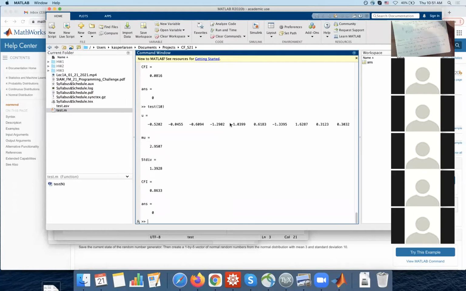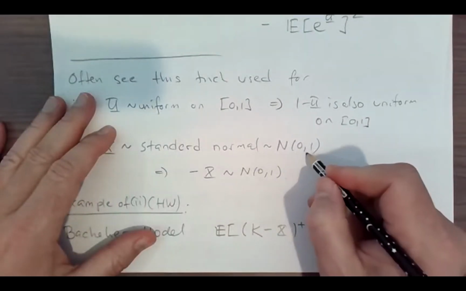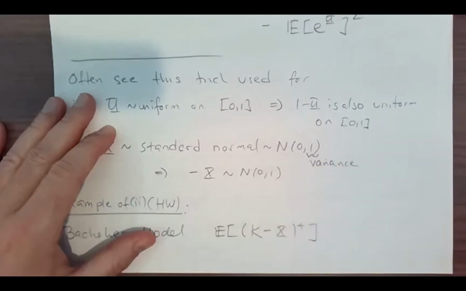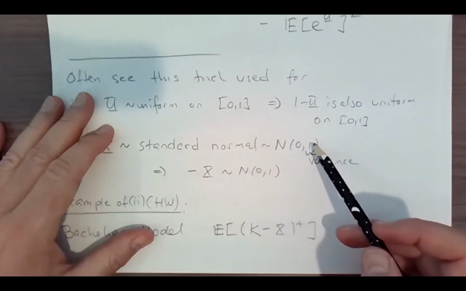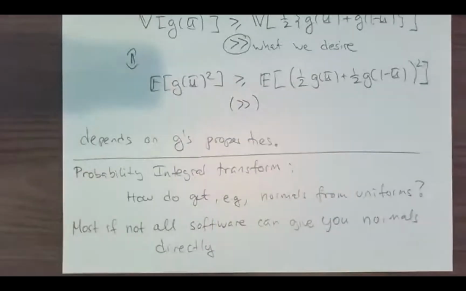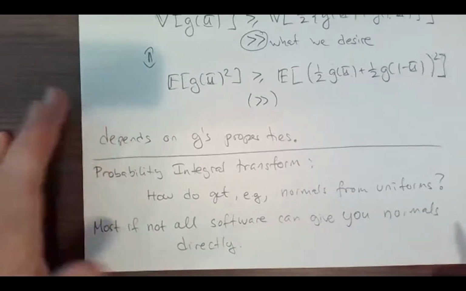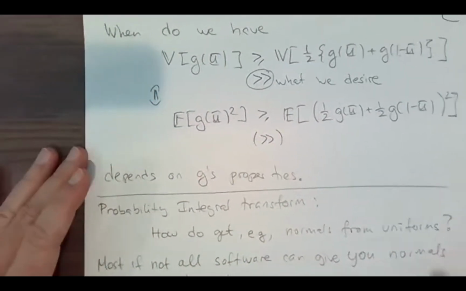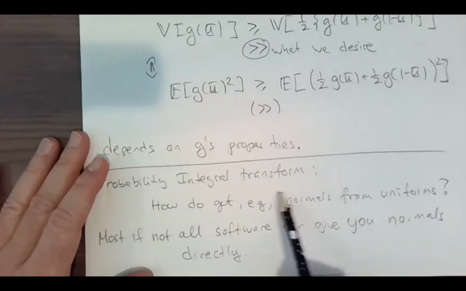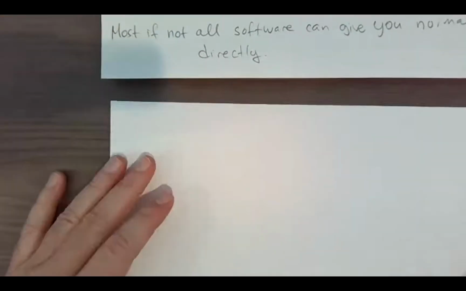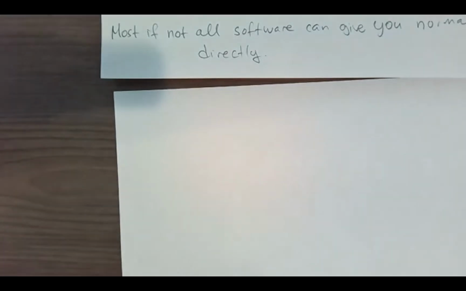I wanted to point out and look out for this variance. It depends on what software or package you're using. Sometimes it's the standard deviation in there, and sometimes it's the variance. When you see me write that second entry inside N, for me this is the variance. But for many software programs, that second entry is the standard deviation. So that's just a thing to note. Many software packages, if not all, can give you these normals directly, and many other distributions directly. But this probability integral transform actually allows you to go from uniforms to any other distribution that you want. And I'm sure many of you have seen this before, but for those who have not,